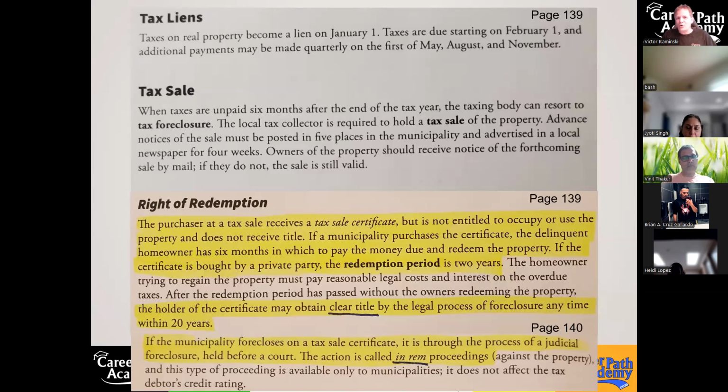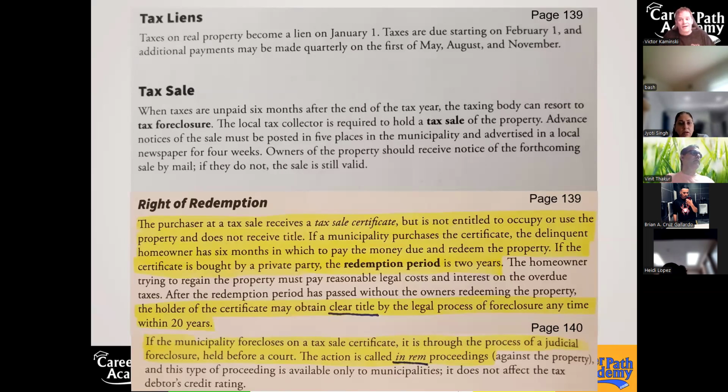So if somebody still owed $350,000 on their mortgage loan, but you paid their tax lien, and they didn't pay you back in 2 years, and their lender never stepped in to pay it, then you can foreclose, wiping out even their mortgage. You get it free and clear just for whatever you paid in their property taxes.